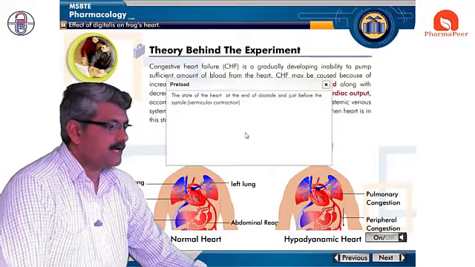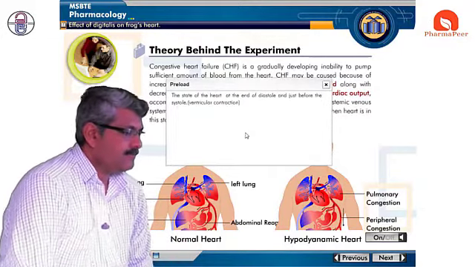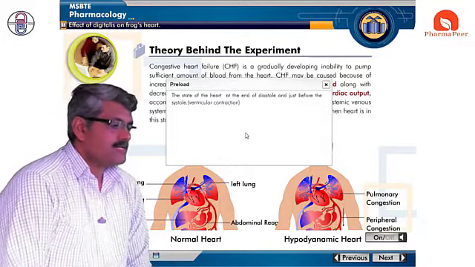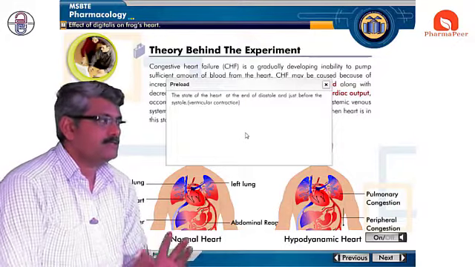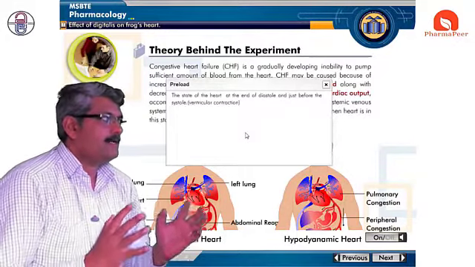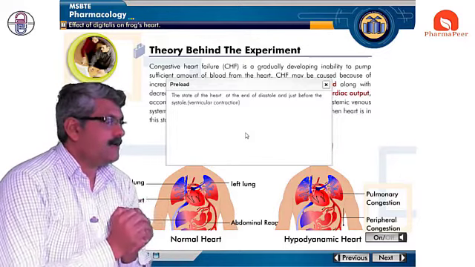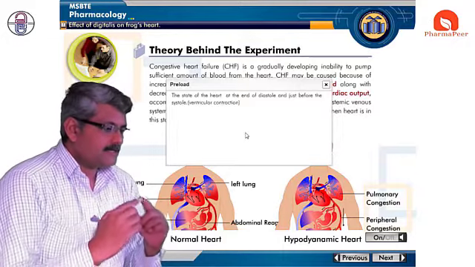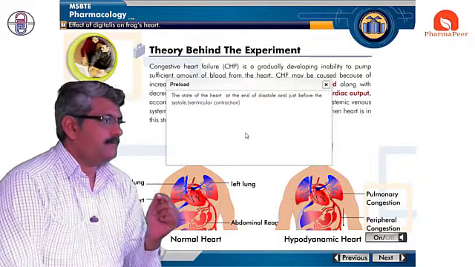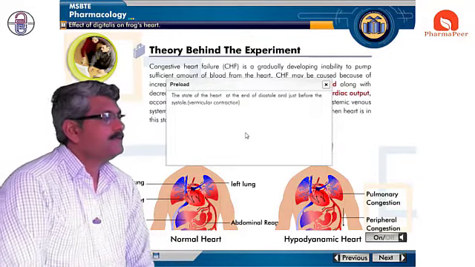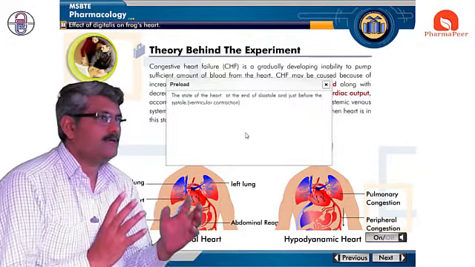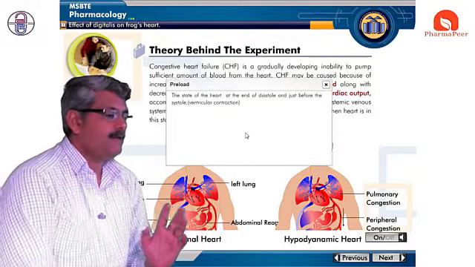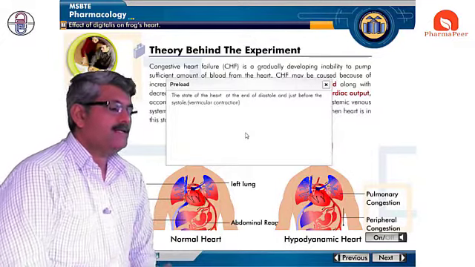Preload means the state of the heart at the end of diastole and just before systole. Diastole is nothing but the relaxation of the heart. Systole is nothing but the contraction of the heart. When the heart fully contracts, there is one limit, after which it starts to relax again. After complete relaxation, after a certain period of time, it starts contracting again. So there is one limit for complete relaxation and complete contraction, and between them there is one fine line where the heart starts to contract or relax.